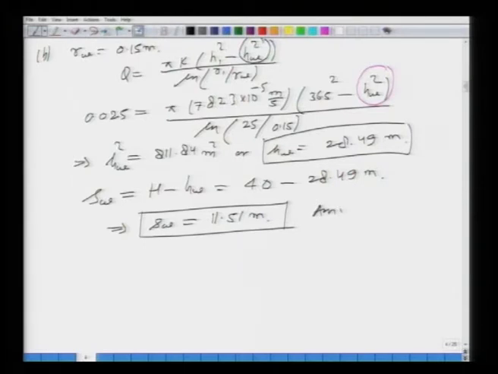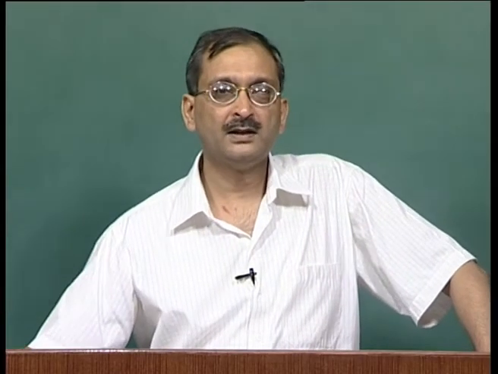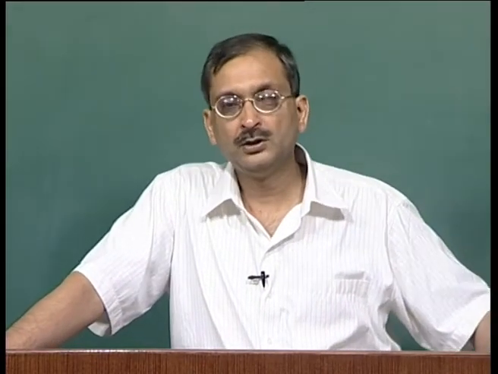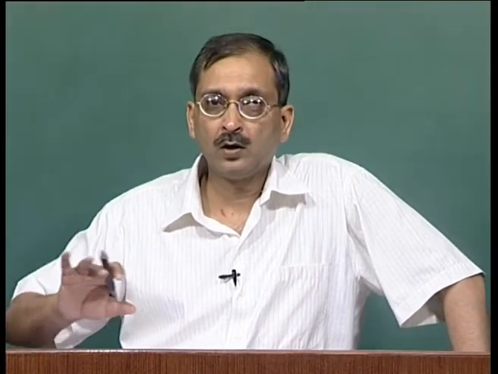All right. So, we see that the case of the unconfined aquifer is slightly different and slightly more complicated, because it involves the square of your groundwater table. Nonetheless, the computations are very similar and simple, and we can use the derived expression for calculating Q, and if we know the Q, we can find out the drawdown or the height of the water table, etc. So, this will help us in managing our groundwater resources.